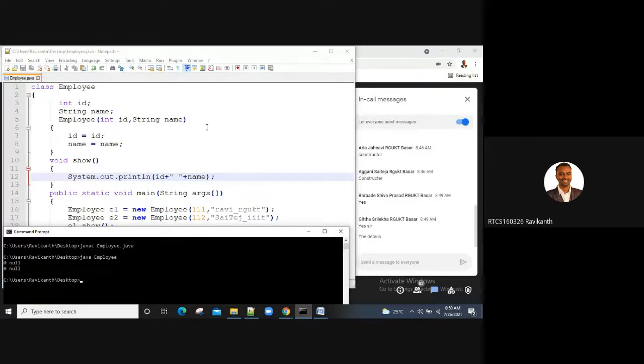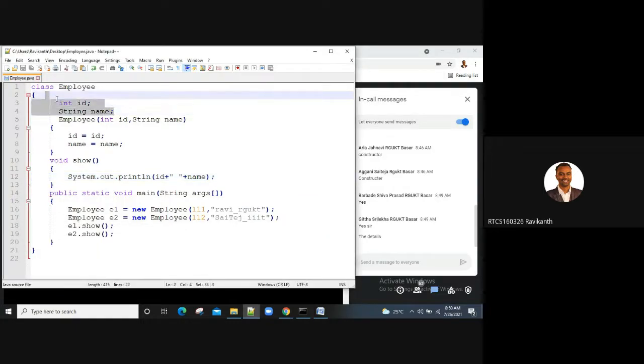Come on guys, you have to answer me now. If you see here, the formal arguments in your constructor and the instance variables of your class Employee are the same. Do you understand? Now there is an ambiguity situation.